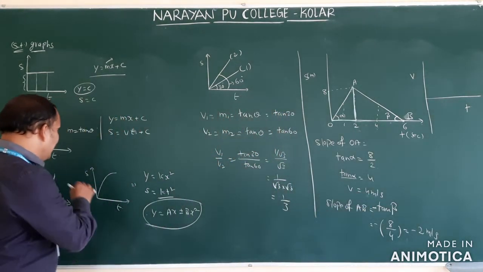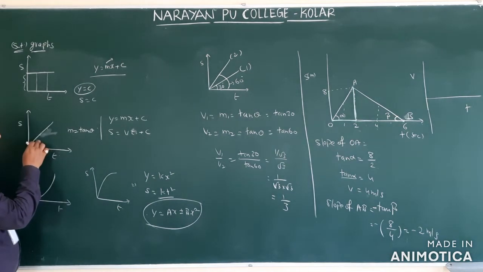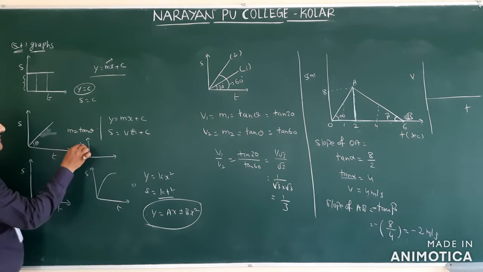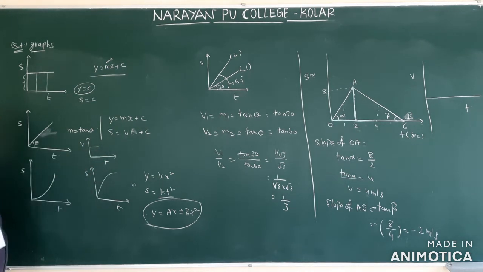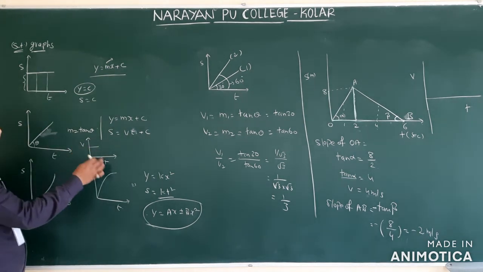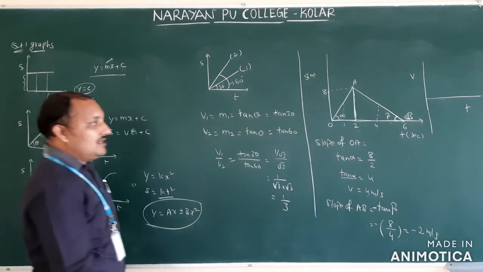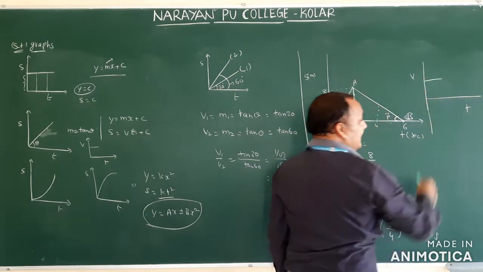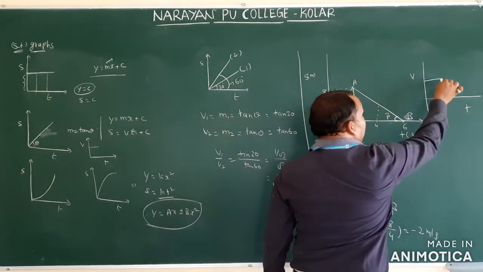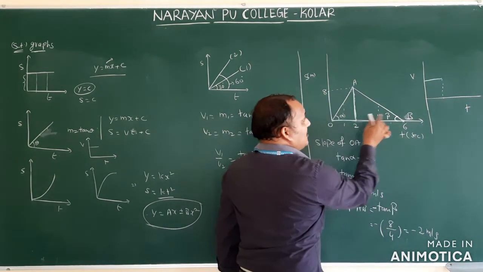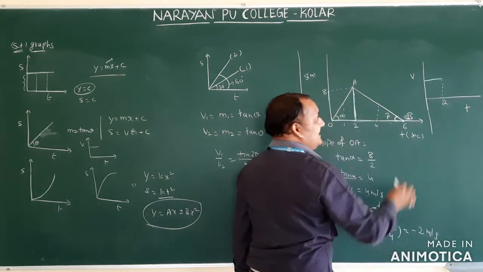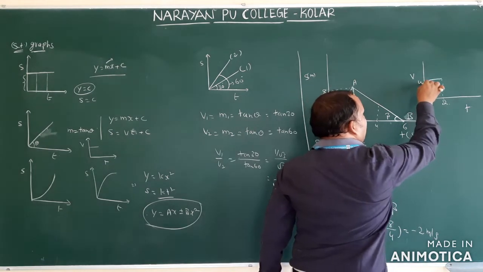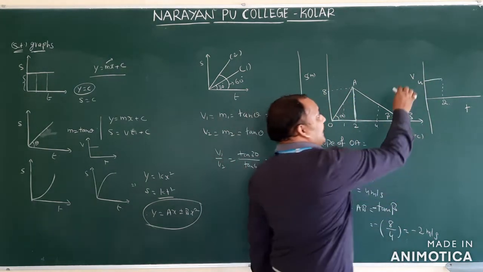Whenever we discussed how the velocity time graph will come for this graph, we have drawn it. For this graph, how will the velocity time graph come? Velocity is constant, isn't it? Therefore the velocity time graph will come like this. The same thing we are applying. It will come like this. Now this is the time. What is the time now? 0 to 2. Here 2 seconds. Here what is the velocity value? We got 4 meter per second. Therefore this is 4 meter per second. Understood?